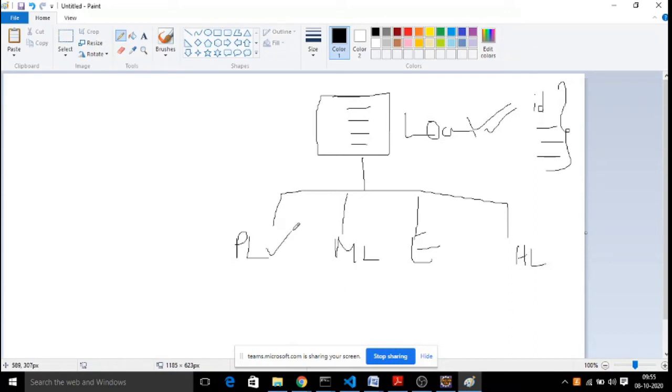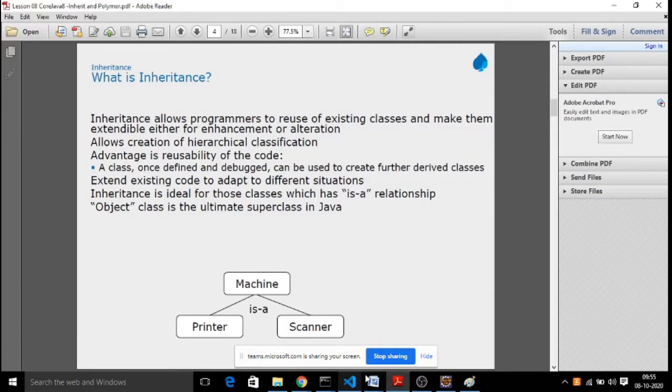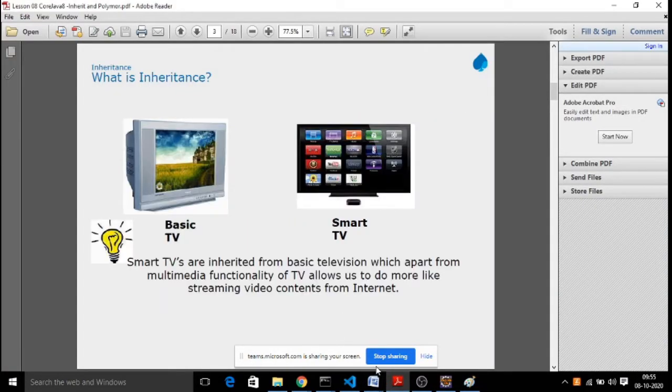And when you design these new classes, are you going to do everything again from scratch? Means when you design a new TV, do you want to start all the R&D from the beginning? Or do you want to take certain features from this and then add the new feature? Always we need reusability, right?